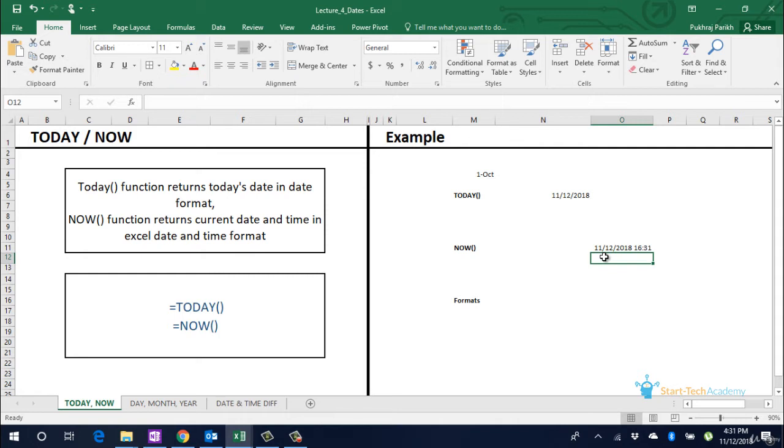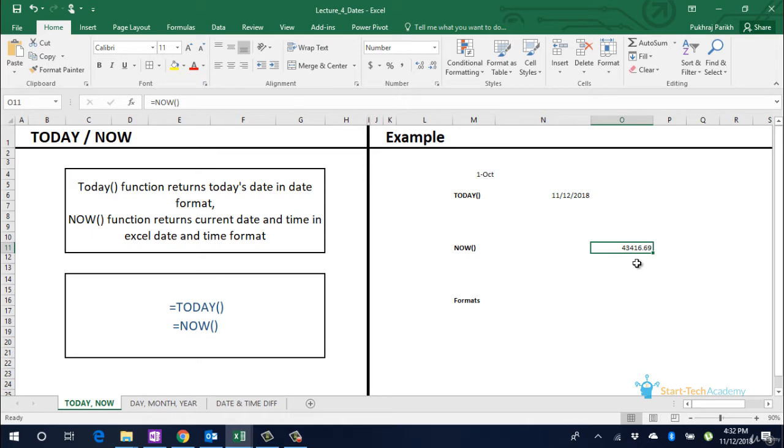Important thing to know here is, although Excel is showing us date and time in readable formats, in the back it maintains dates and times in number format. If we change this date to number format, we can see that it is converted to a real number. The integer part of this number is actually the count of days from 1st Jan 1900. So for 1st Jan 1900, the value will be 1. For 30th December 1900, this value will be 365. Today is 12th November 2018, which is 43,416 days from 1st Jan 1900.